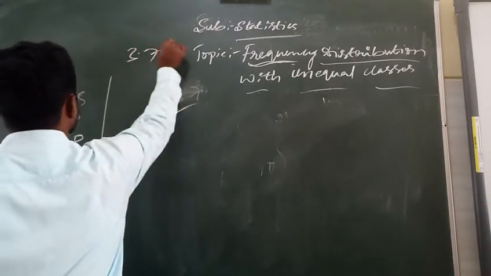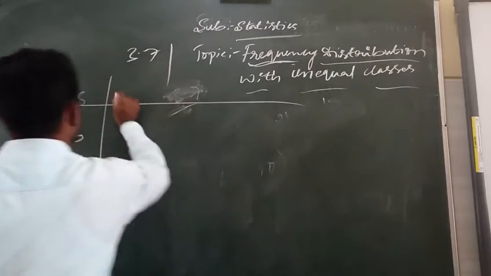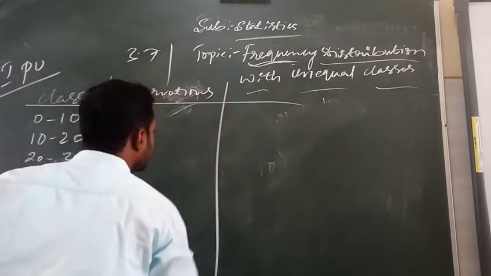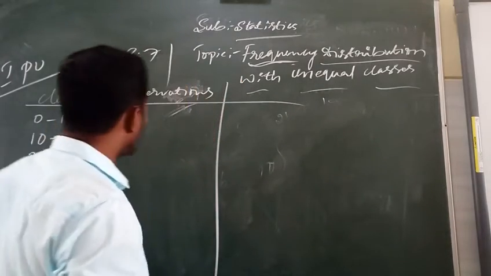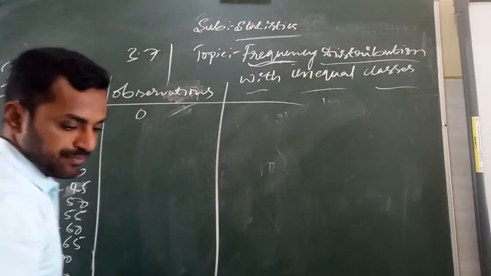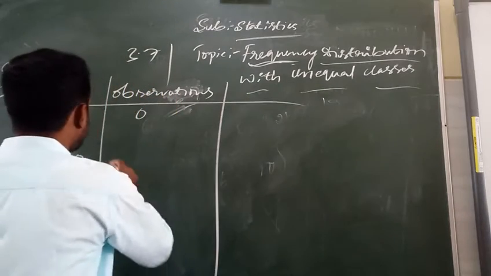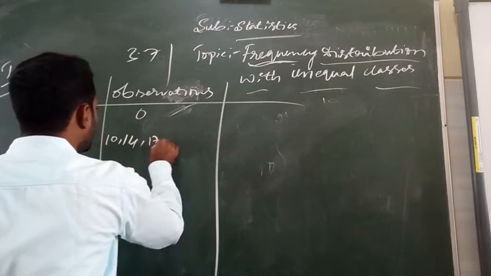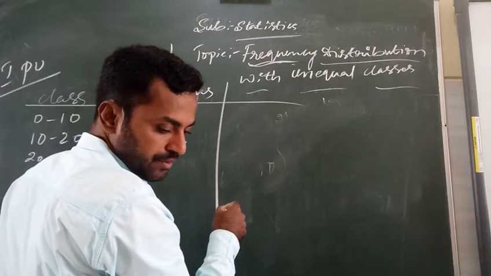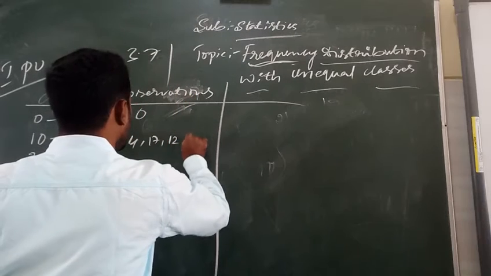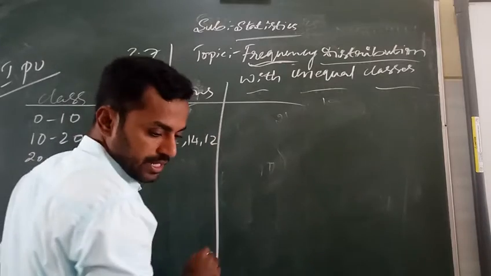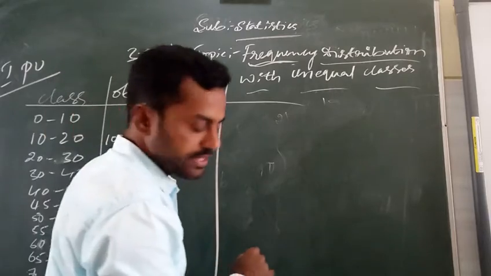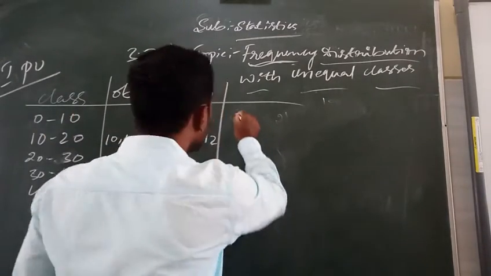Then observations. Okay, see in the 0 to 10 classes, 0, then in 10 to 20, 10, 14, then 17, 12, 12, 14, 12, 14, 12, then 14, 14, 14, 14, like that. Your frequency 8, your frequency 1,